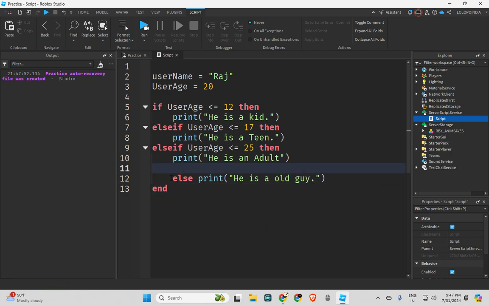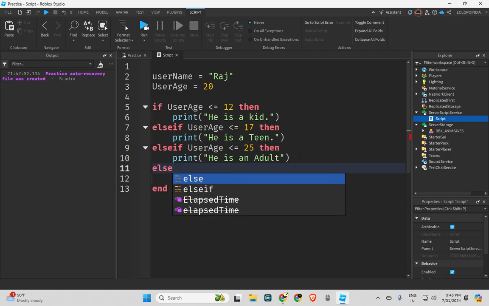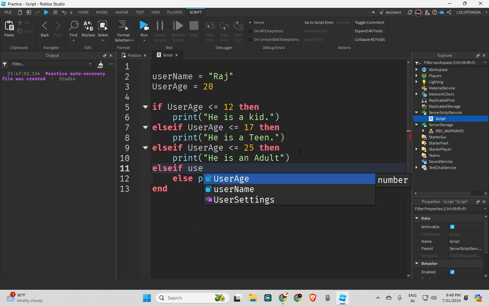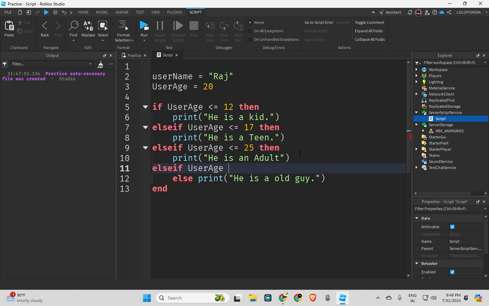Okay, you can see we can write many else if statements here. Okay, we can write that. So we can write like this, else if. We can write again, else if user age, okay, smaller or equals to, what we can say, 30. Okay, 35, then print